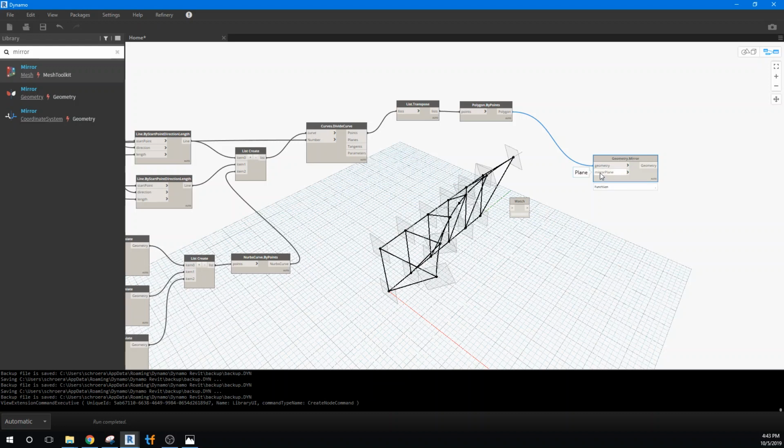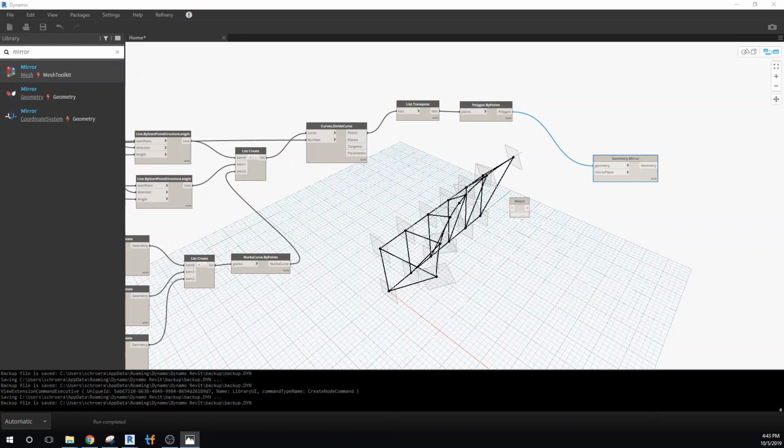We need a reflecting plane to kind of bounce it off of, just like a mirror would be. So we're going to need to actually create that mirror plane. And the way we're going to do that is we're first going to figure out what we need to do to get a plane. So I'm going to type in plane,